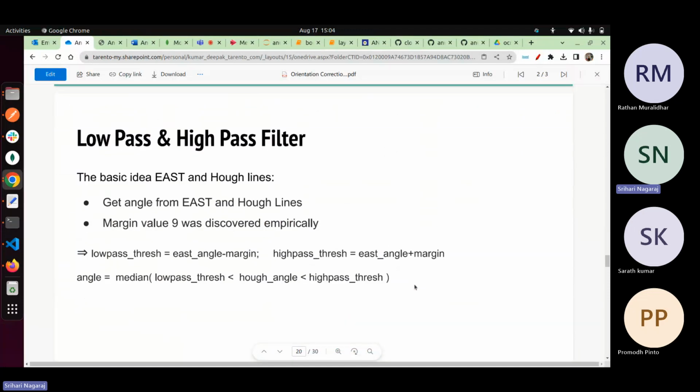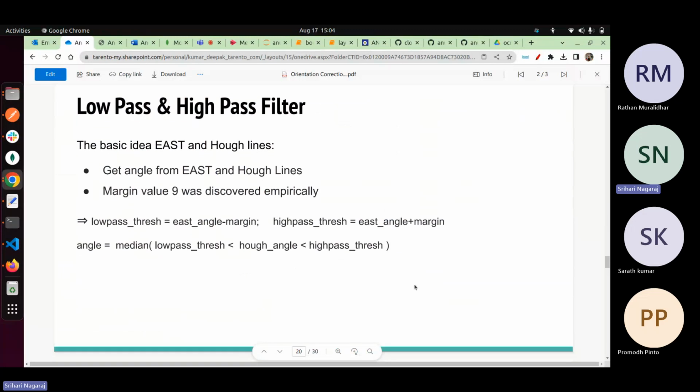So for this, we will use a low pass and high pass filter. The basic idea is to get the angle from the EAST and Hough lines. We'll get two lines. Empirically, for each and every line, we added a margin value. We check whether it is coming or not. No, it's not coming. Two, it's coming or not. No, it's not coming. So by doing that, we went up to a margin value of 20 integer points,